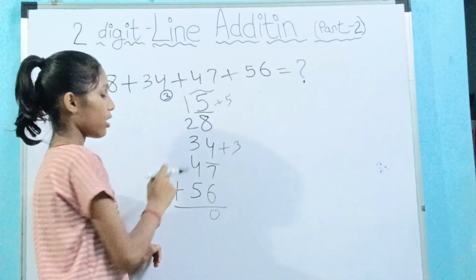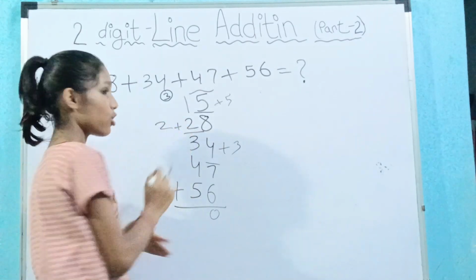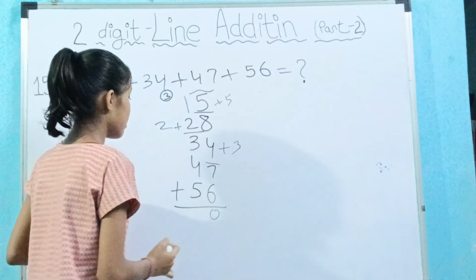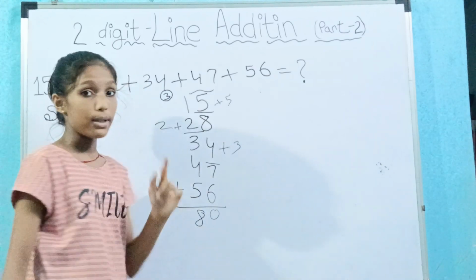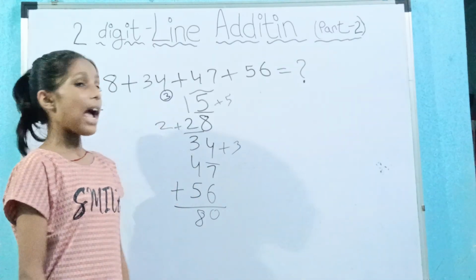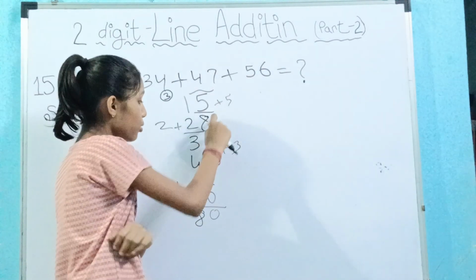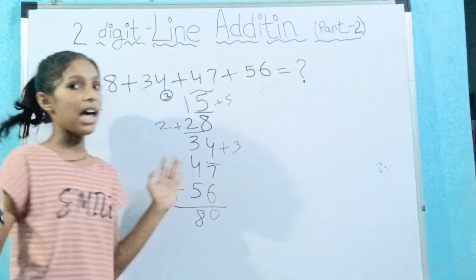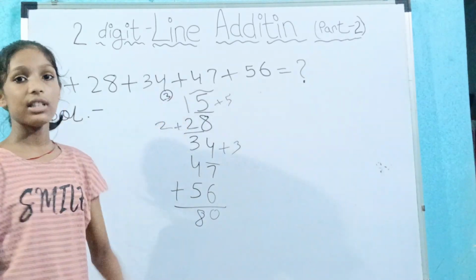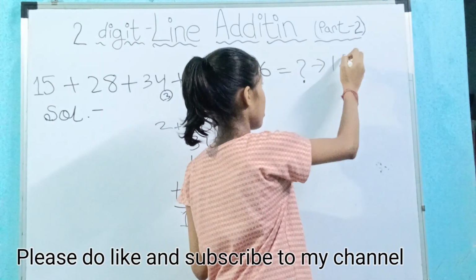Now 5 plus 4 is 9. 9 plus 3 is 12. Again bigger. Now drop a 2 here, means drop a 10 and add 2 to the next upper digit. 2 plus 2 is 4. 4 plus 1 is 5. 5 plus 3 is 8. So the answer is 8. But count the lines. How many lines are there? 1 line only, because this is the ones place and this is the tens place. In the tens place there is only 1 line, and you won't count the ones place, because we have already made the lines 1, 2, 3. Now the answer is 180. So I hope you got the answer as 180.